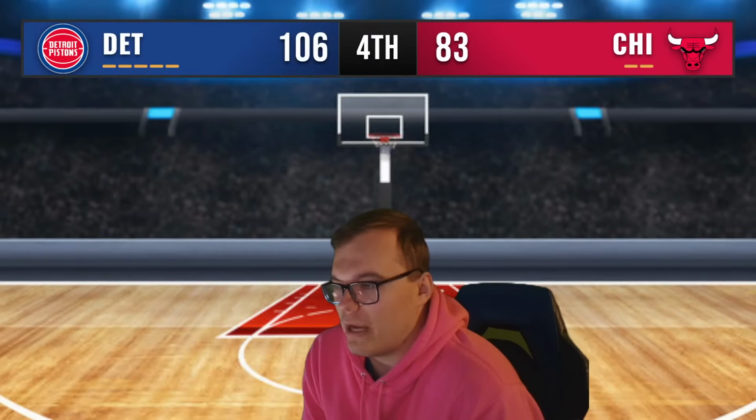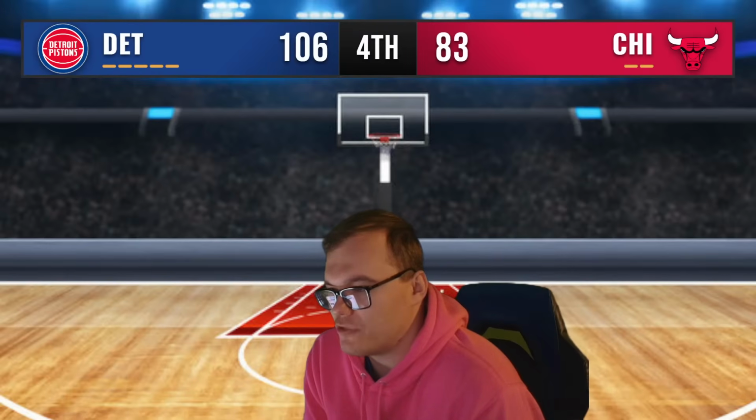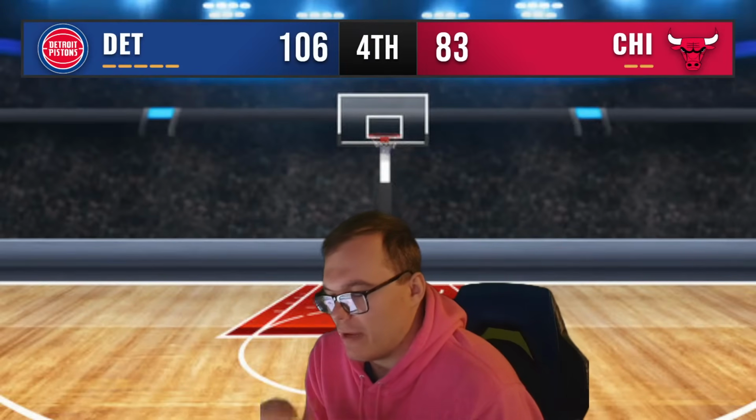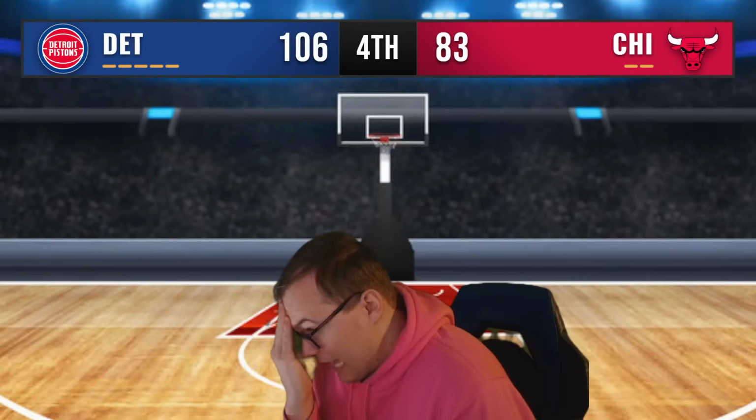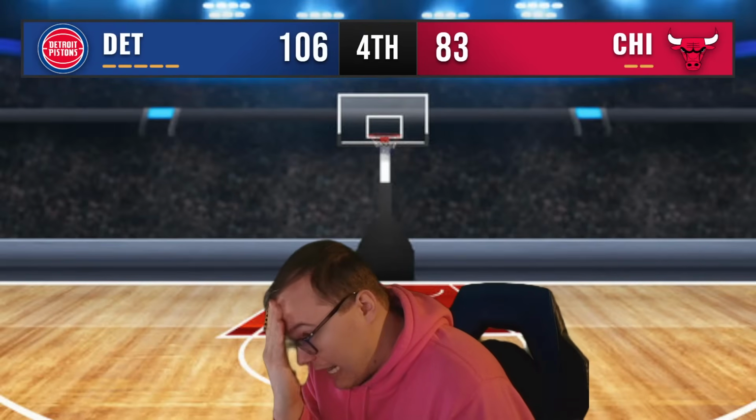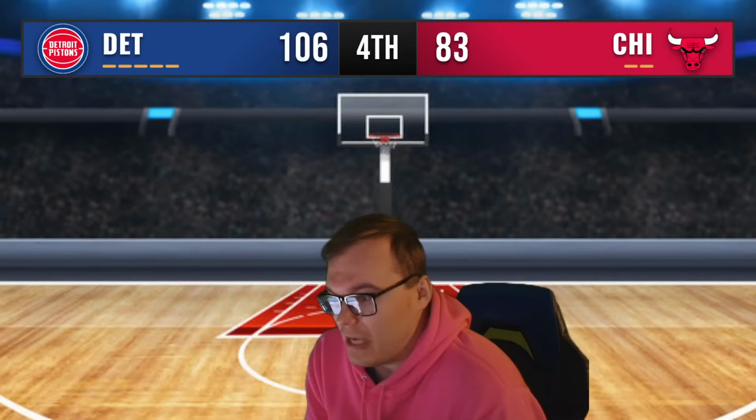Bulls put up a 3 off the mark, no good, boarded by Tobias Harris. Cade in transition here gets fouled. Cade is on the ground. Please be okay. Training staff comes immediately over to Cade Cunningham and has a heart attack for Pistons fans everywhere. I think Cade is fine. It looked like he just lost his footing and slipped on the court. Oh, he landed on that left wrist that's been bothering him, though. That is not the sight you want to see for Cade Cunningham going down to the ground like that. It looks like he's fine, though.